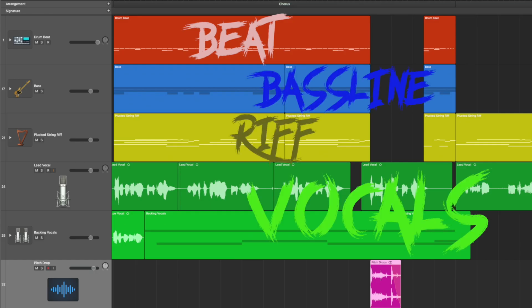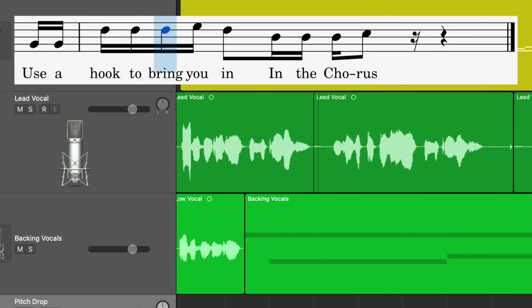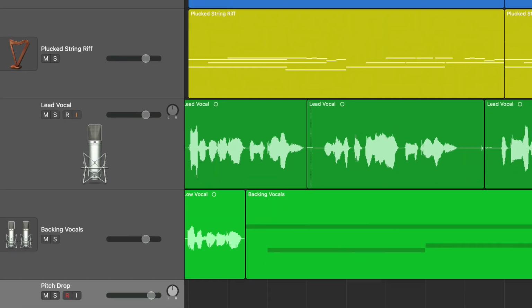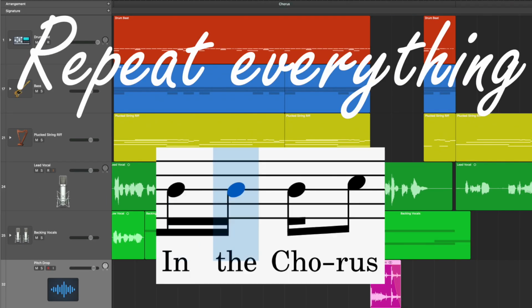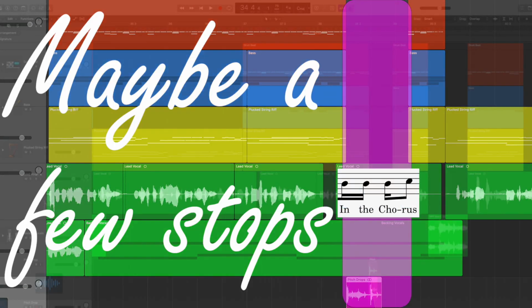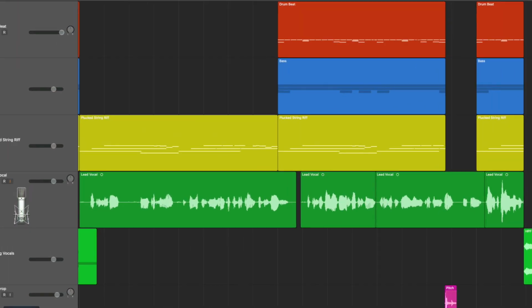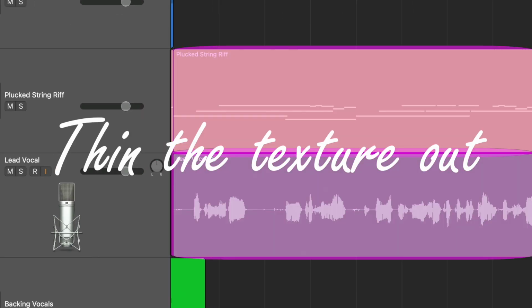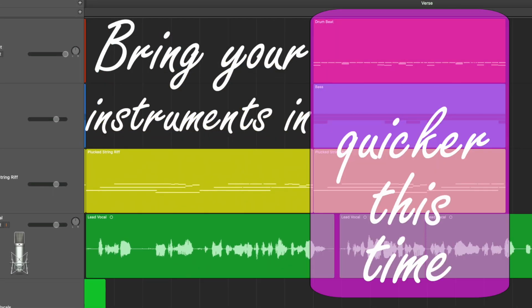Everything comes in the chorus. Use a hook to bring you in the chorus. Repeat everything in the chorus. Maybe a few stops in the chorus. Feature vocal. Back to the start, thin the texture out, but bring your instruments in quicker this time for this